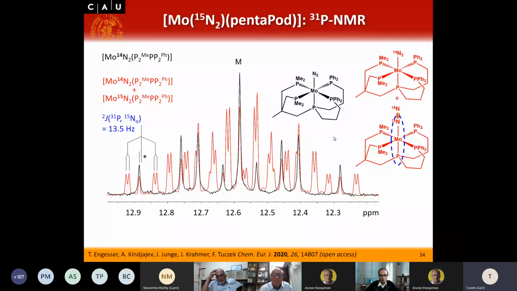Nowadays it's clear, all scenarios agree that the N2 is not bound to the molybdenum. It's bound to the iron, but the special coordination mode to these iron centers is not clear yet. It may actually displace one of the bridging sulfur atoms. So that's a new hypothesis, but this question is still very open. But the molybdenum is not